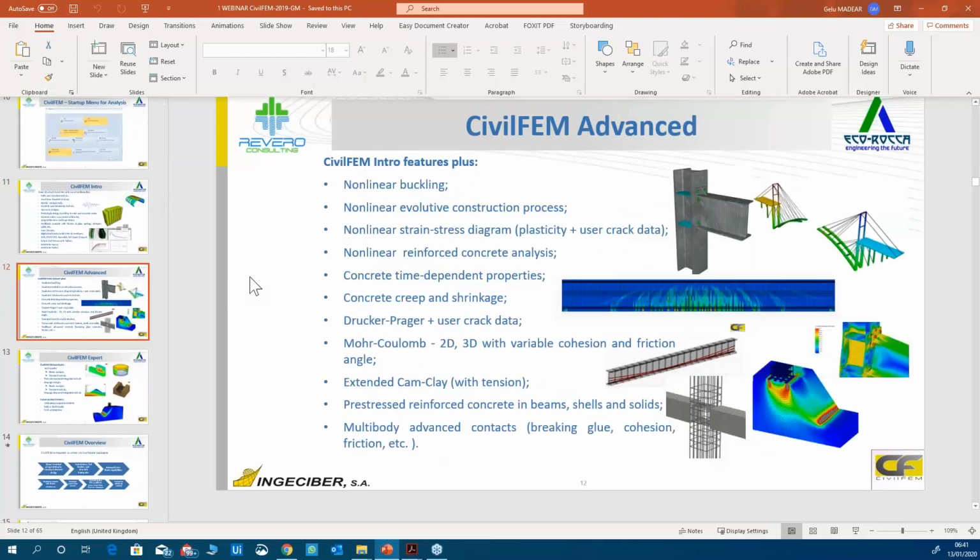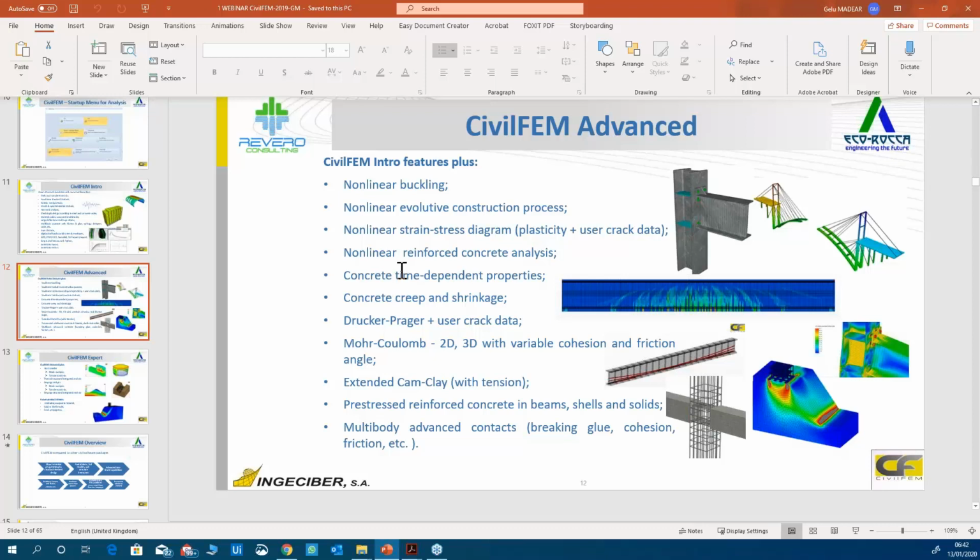The advanced version of the software will contain the capabilities of the introduction version of the software, and additionally we can do a nonlinear buckling, nonlinear evolutive construction process.